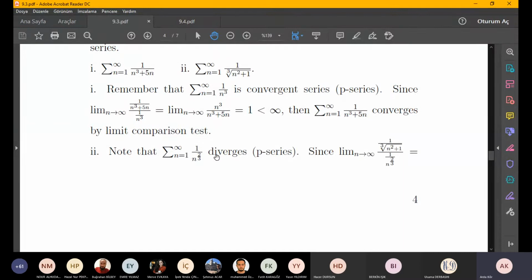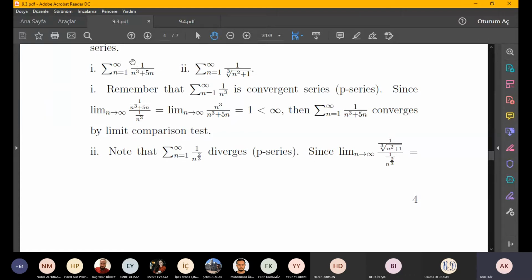So again, for the second one, we have the general term 1 over the cube root of n squared plus 1. And here, actually the method is like that. If you have positively defined series, if you wonder how we pick that series Bn, actually you try to